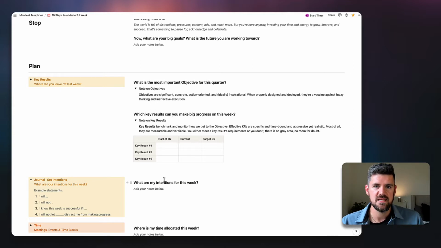And in some cases, some weeks are more driven by your personal life or professional life or side hustle. So each of these weeks are going to have a different feel and a different energy, and it's definitely important to not skip that step of setting intentions for the week.